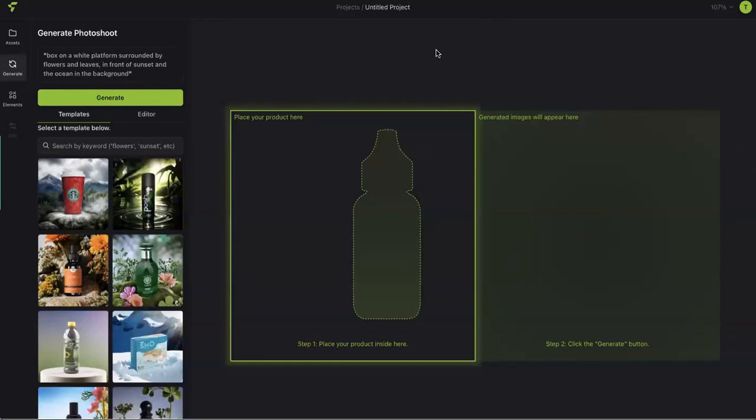All right, so you place your product here. You're going to choose whatever. And when I say choose the background, you're not really choosing the background. You're choosing the idea of the background. In other words, if I had a Starbucks cup and I wanted it on a snowy platform with mountains and clouds in the background, every time it reiterates that, it's going to have a new iteration of it. It's like parents, right? We have children, but they don't all look alike, even though they're from the same parents. So that's kind of the way I think about it.